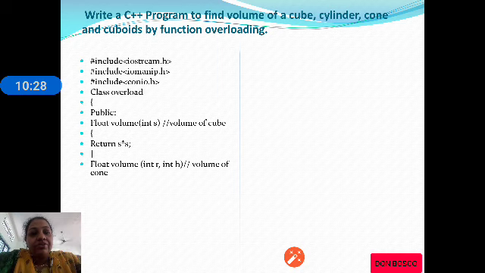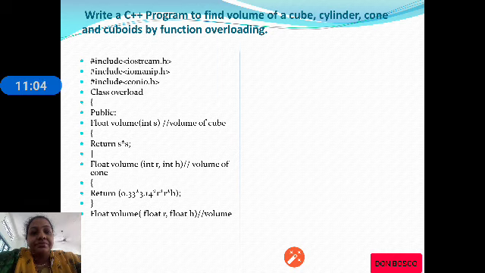Both arguments are of type integer, and this function will calculate the volume of a cone, that is 0.33 into pi r square h. The first function, volume with one argument, calculates the volume of a cube, and in the second volume function, you observe the function name, both are volume, but the second function has two arguments, and it calculates the volume of a cone.